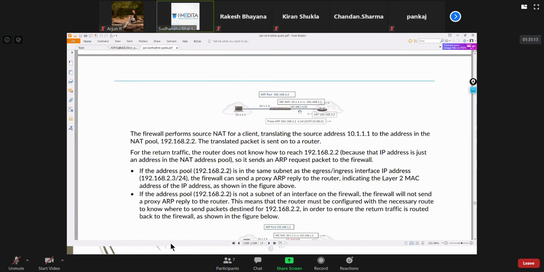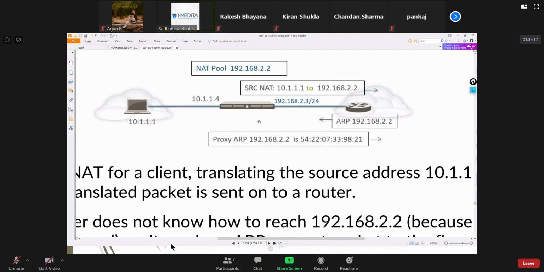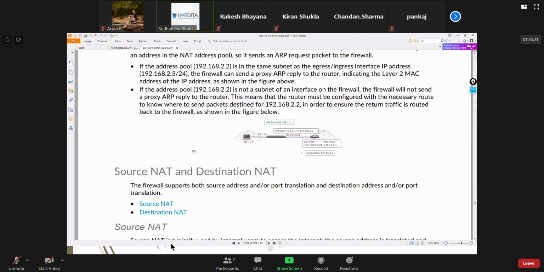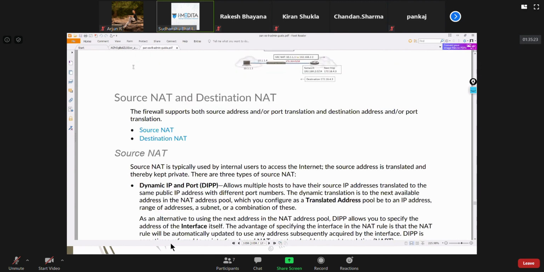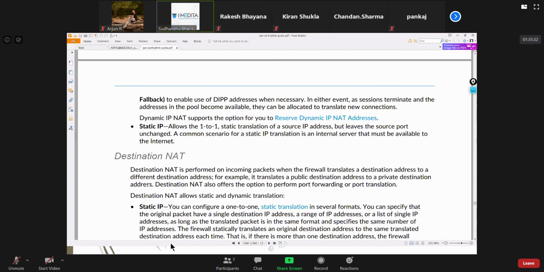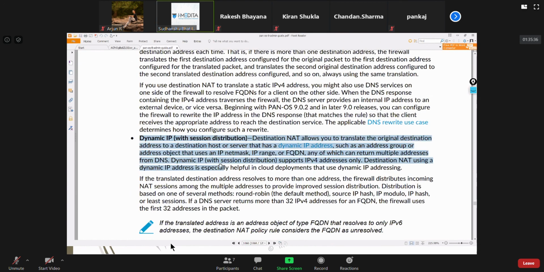They have discussed even scenarios, like if this guy is trying to access this thing, then what happens? Then they have discussed source NAT, dynamic IP and ports, dynamic IP, static translation NAT. We discussed static IP and dynamic IP with session distribution. So read it.